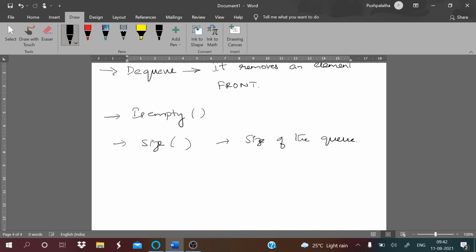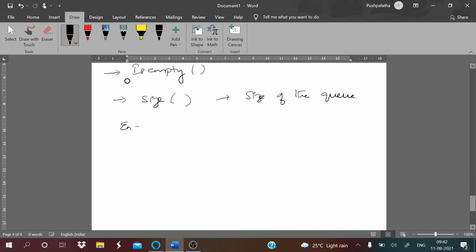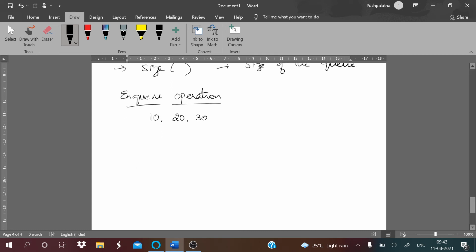Now coming to your enq operation. As we said, enq operation means adding a new element into a queue. For example, if you want to insert the elements 10, 20 and 30 in a queue. So what happens first?